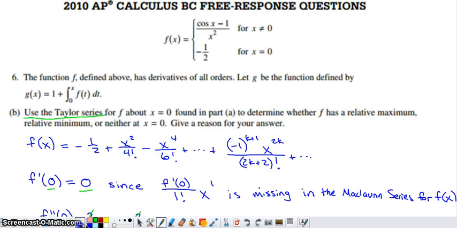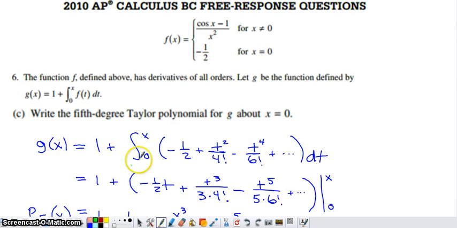When we move on to part C here, part C wants us to begin to deal with the function g, and they want us to write the 5th degree Taylor polynomial for g about 0. And so what I went ahead and did was I realized we had this series from part A that represents f of t. So if I want a series for g of x, what I can do is I can